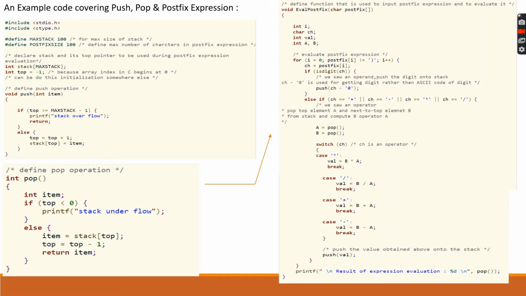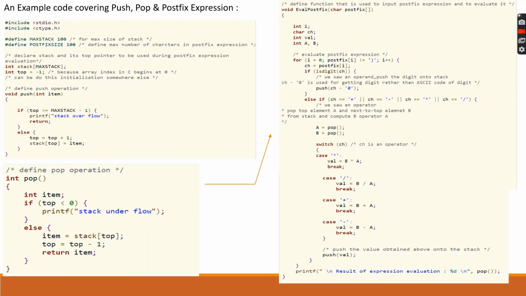Now we'll see how we define the function for evaluation of the postfix expression. So we declare the variables: int i, character ch for the operator, int val for the final value, int a and b as operands. We'll form a loop while postfix[i] is not equal to the right parenthesis. So until we meet the right parenthesis, with which the user ends the expression, we'll keep running the loop.